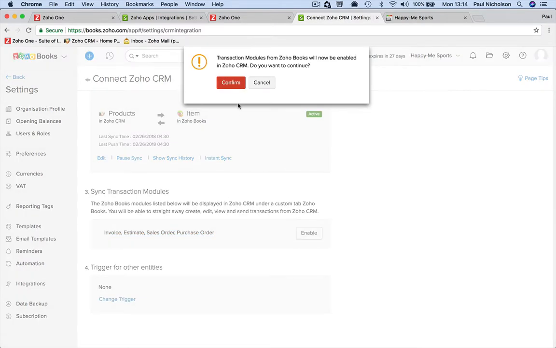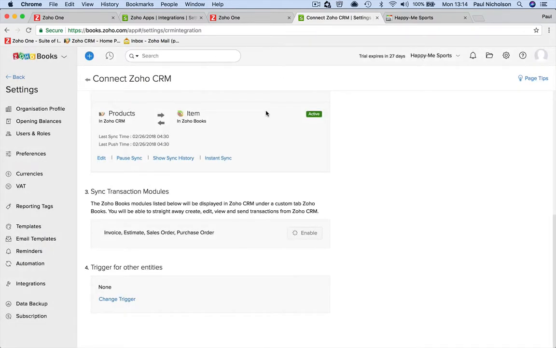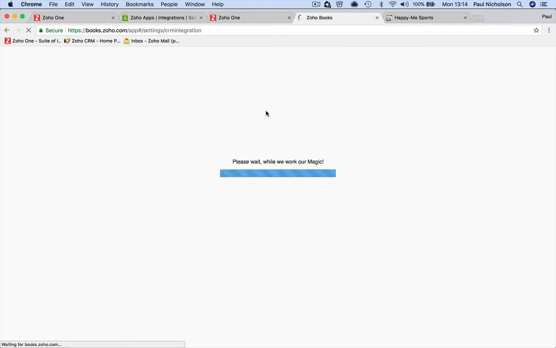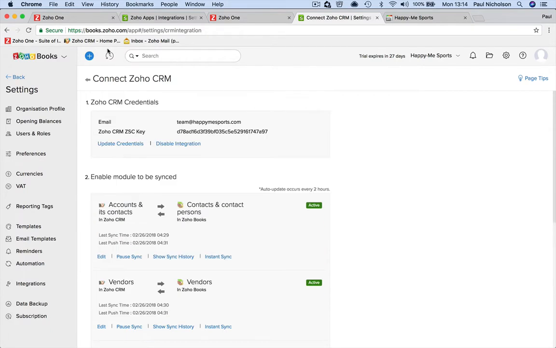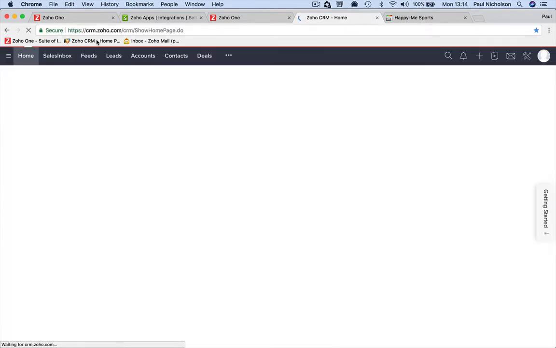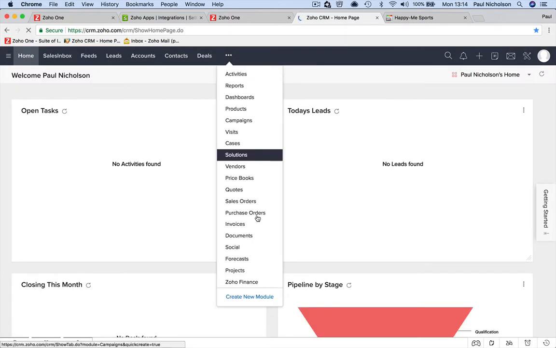We're going to sync these modules. So I'm going to enable this. Transaction modules from Zoho Books will now be enabled in Zoho CRM. Do you want to continue? You click confirm. It will begin doing this sync. It may take a while, but when you go back to Zoho CRM now, you will have a module that